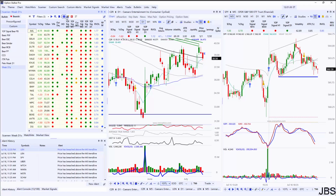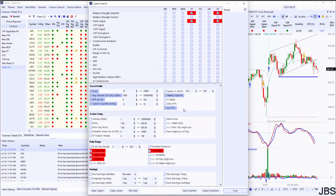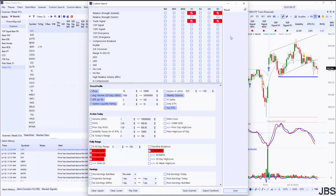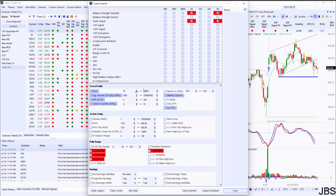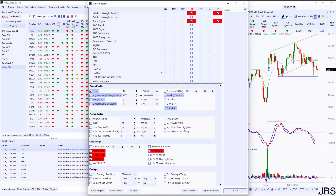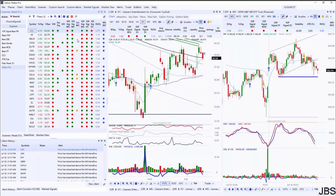And by the way, this search that I have is a pretty simple search. It's stocks with relative weakness and relative strength on a D1 and H1. Trade signal on both. They're below all the SMAs and AVWAP-Q. You know, price, good option liquidity. Also, I need to actually save that ATR. An ATR of 2% is pretty mild, but it does take out the super dull movers. So I know the stock does have a little bit of movement. This is a pretty wide filter here, and then in my actual column layout, I can filter for something